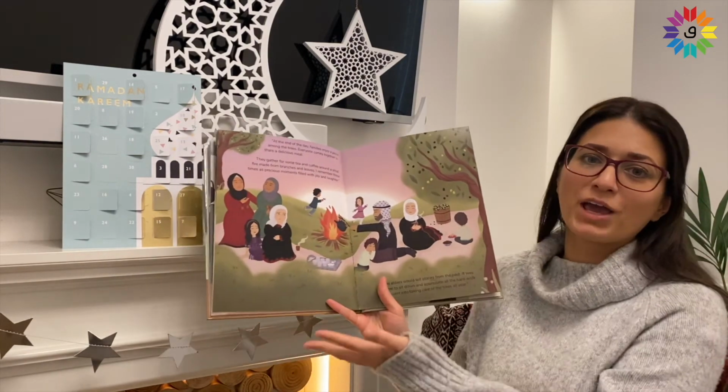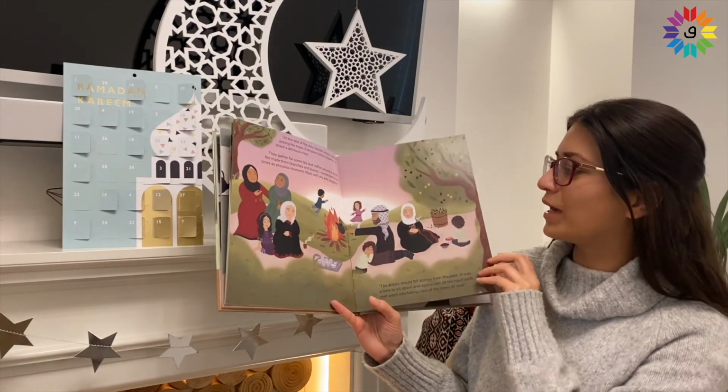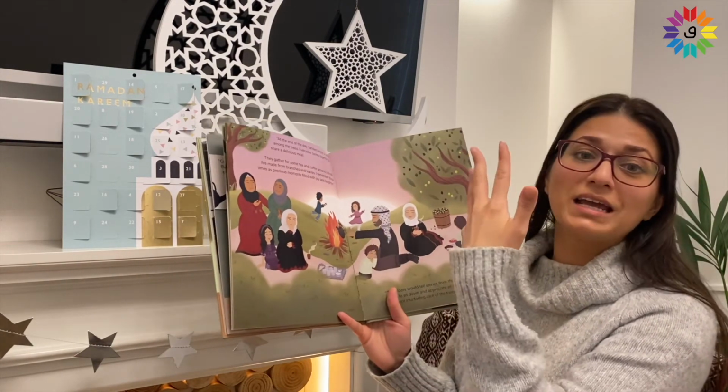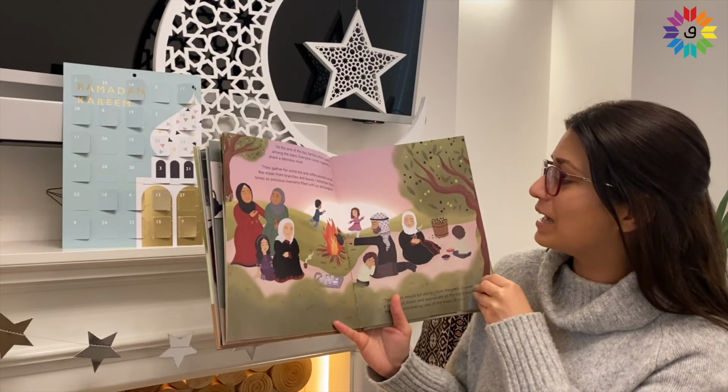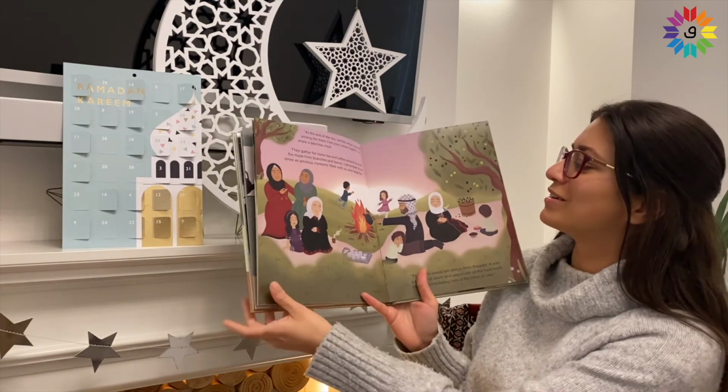liked the display of Palestinian cultural heritage in this book and showing Reema's ancestry and Reema's traditions in her family. I like this page in particular because it looks really cozy and nice to have a meal outside by a